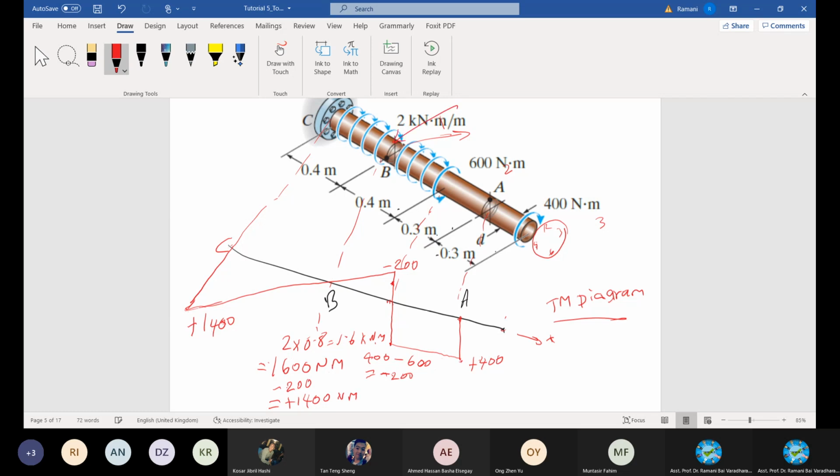So it has to be 1600 Newton meter at the center point. Is it acted upon by clockwise or anti-clockwise? Correct, clockwise. 1600 Newton meter at the midpoint of 0.8. So another moment is acting, so I have to resolve for this. When I resolve, the value at B is 1600 minus 200, because I deduct the original value, then I get 1400. So I reach 1400 at this point at C. Is it clear?